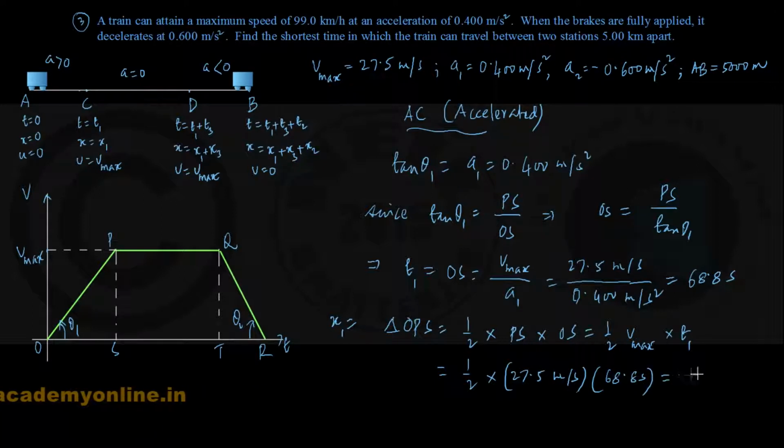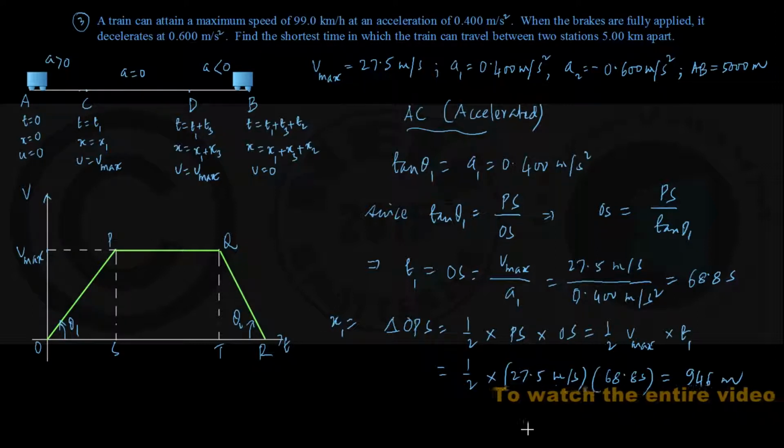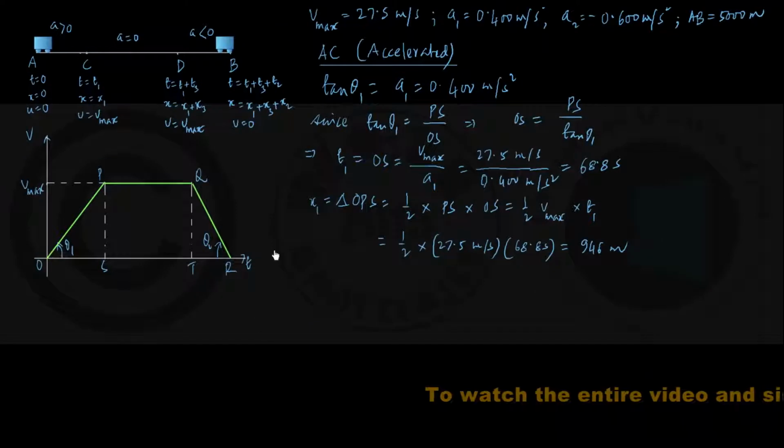Complete the calculation to show that the area delta OPS is coming out to be 946 meters, and therefore my conclusion is that the displacement over the part AC, x1, is 946 meters. Let us now consider the last part of motion, that is DB, which is